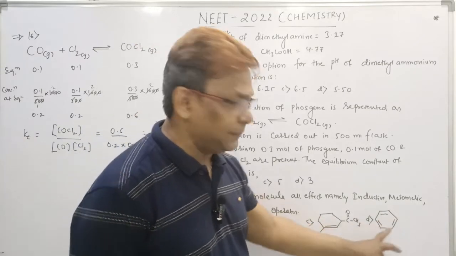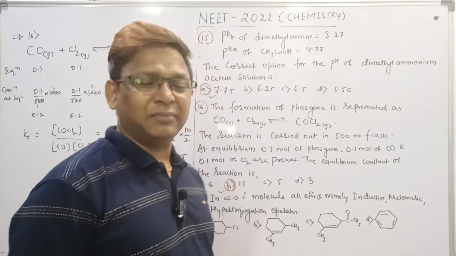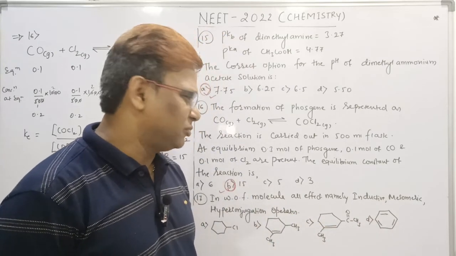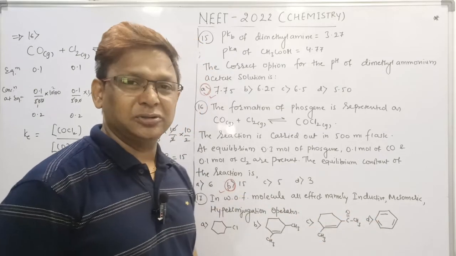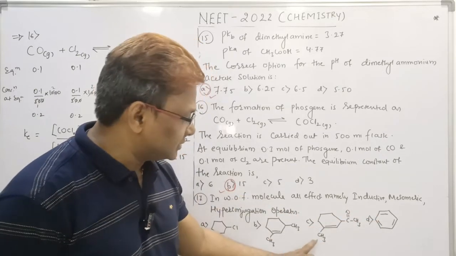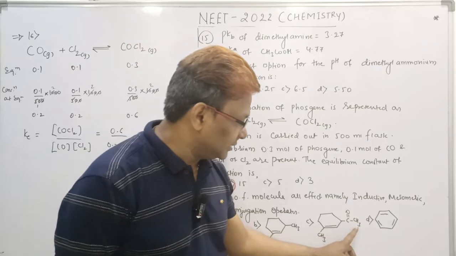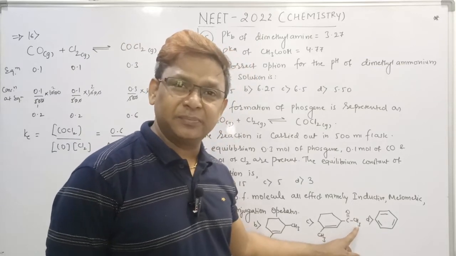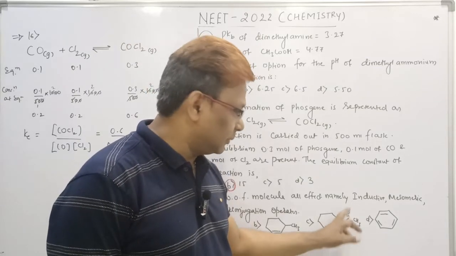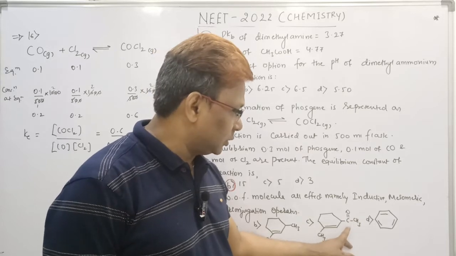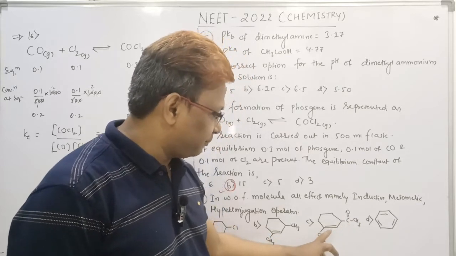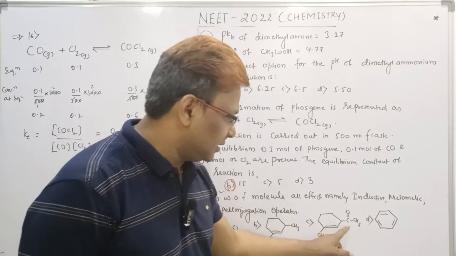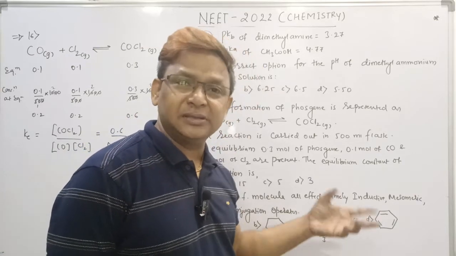Here there are only conjugations: pi-pi, pi-sigma. So we can't say any inductive effect or any hyperconjugation will operate. In this case, you can see CH3 here. Even this CH3 will behave as a +I. C double bond O, if C double bond O is there, that means we have a pi bond, which means hyperconjugation, and the complete COCH3 is a withdrawing group,